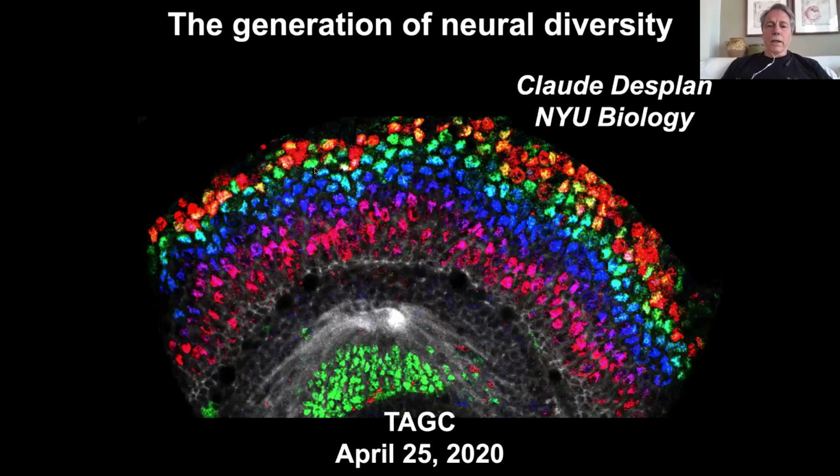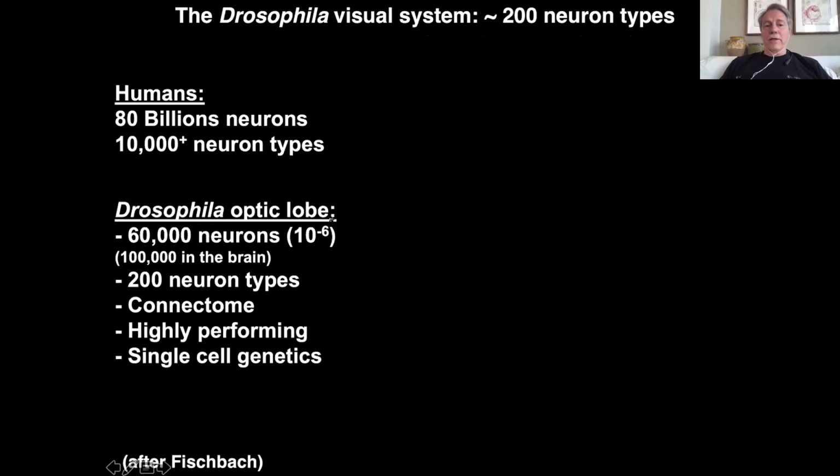If you look at the human brain, it's immensely complex, with about 80 billion neurons, maybe 100 billion, and each one of them makes about 100,000 connections to each other. This indicates that there is a large diversity. On top of that, there is a very large number of diverse neurons, and we don't exactly know how many neural types there are. It's a bit too difficult for me to address, and therefore we chose a much simpler system, which is the fly optic lobe, a still fairly complex structure with 60,000 neurons, about 1 million times smaller than the human brain.